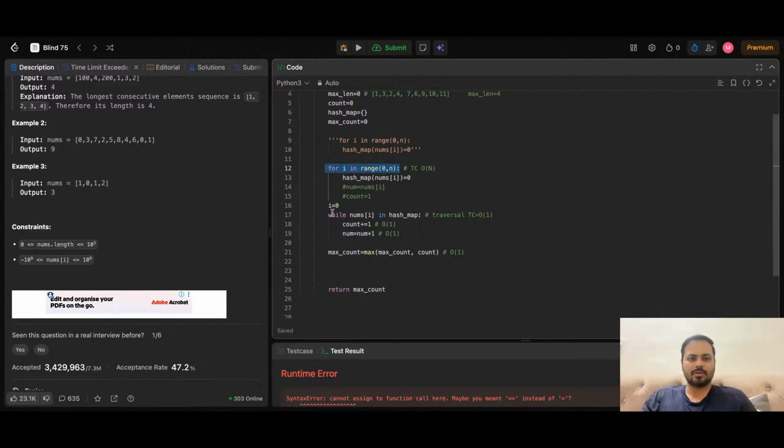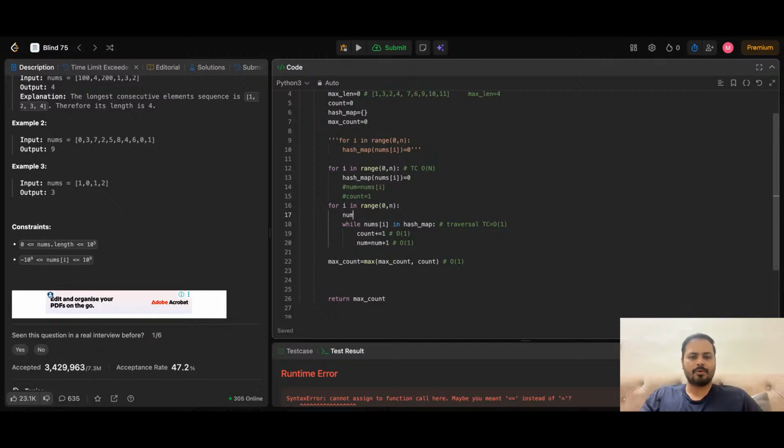Okay, here, and this we can put inside this for loop. Now while number is equal to nums of I, okay,